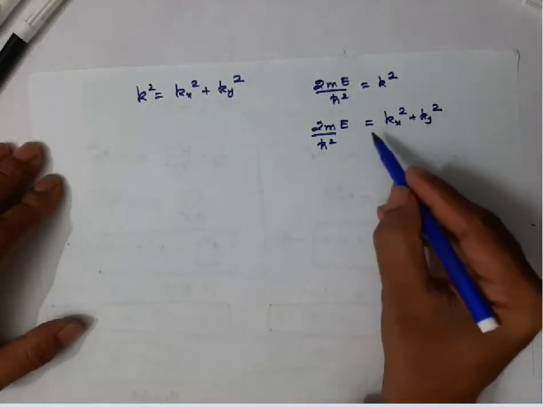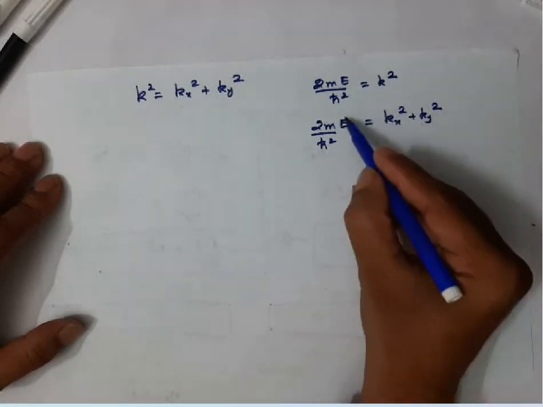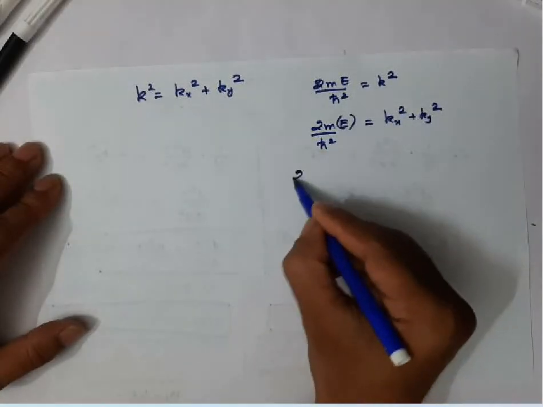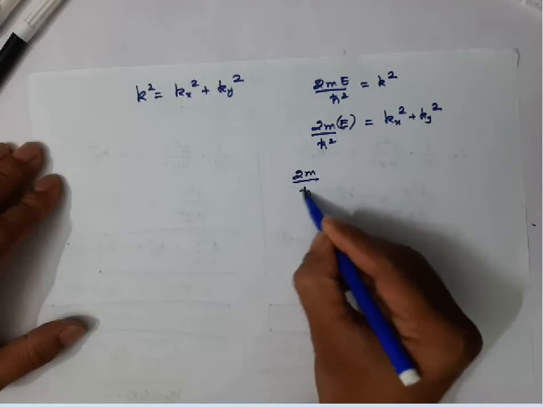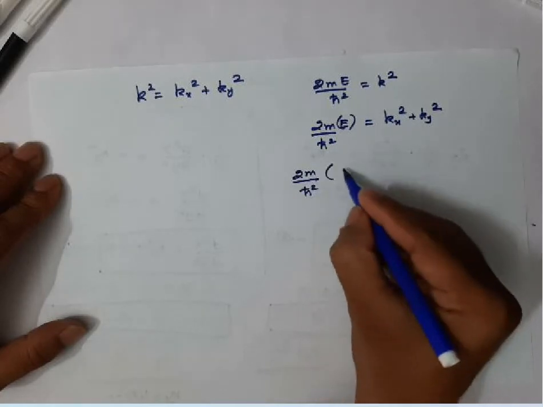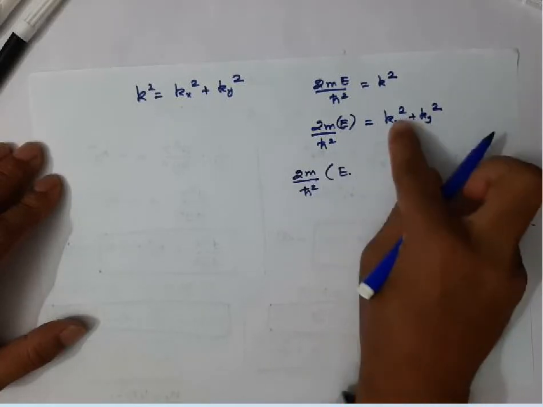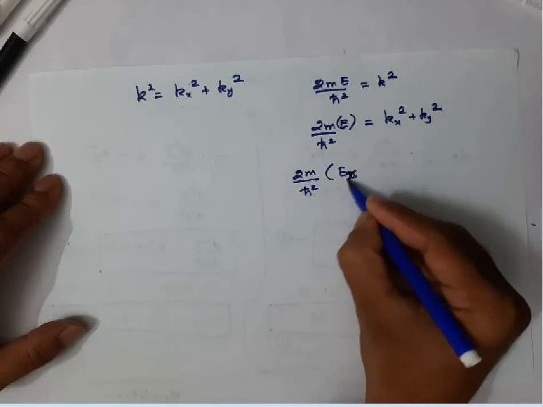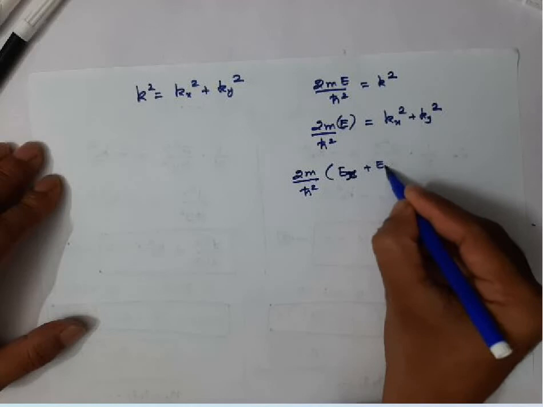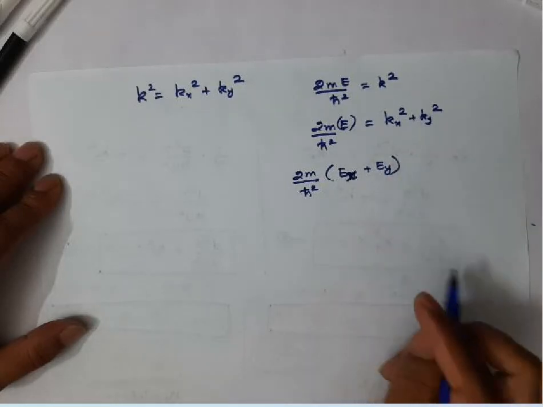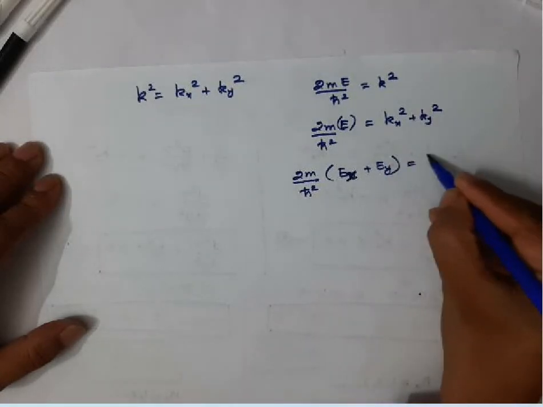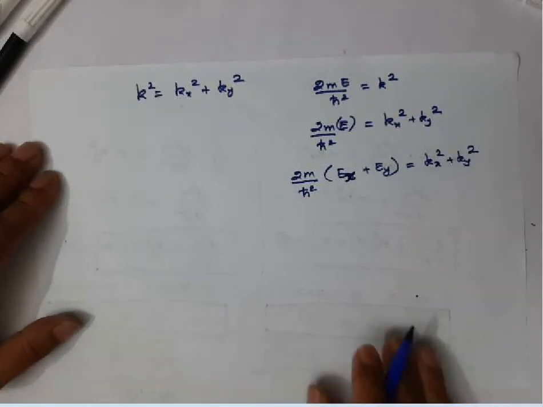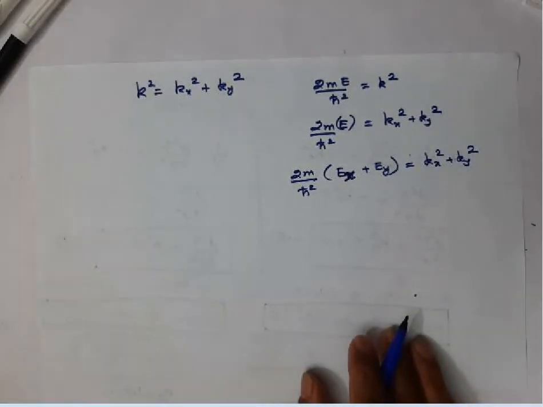Now listen, we have two terms here, so I'm going to split the total energy into two parts. One depends on the x quantum number, let me put first Ex, and the second one depends on the y coordinate. So you can split this into two parts. This is the idea.